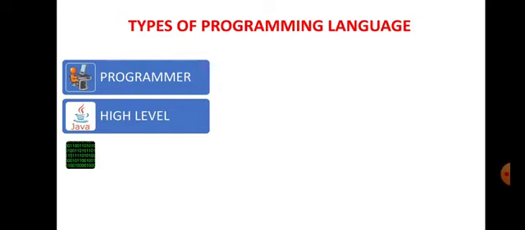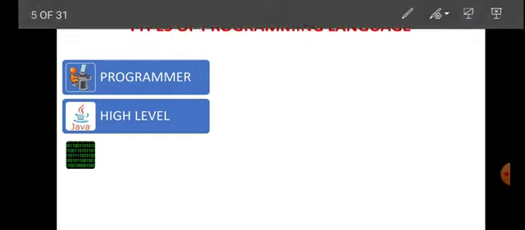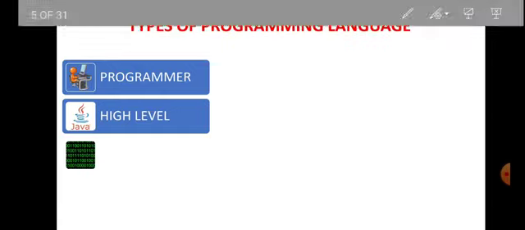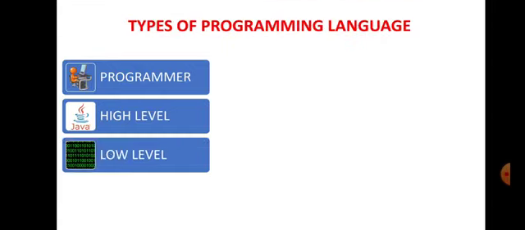Now the next one, as you can see, is the combination of the digits 0 and 1. This 0 and 1 is called a low level language. This low level language is the language which a machine can understand.